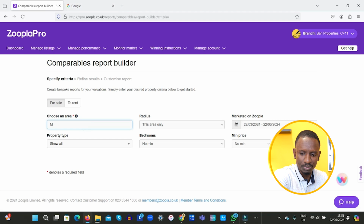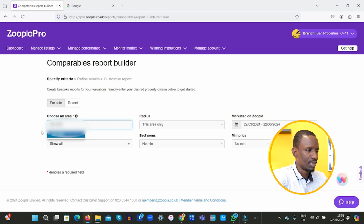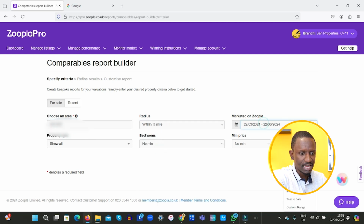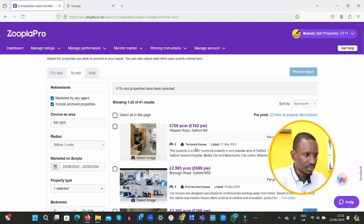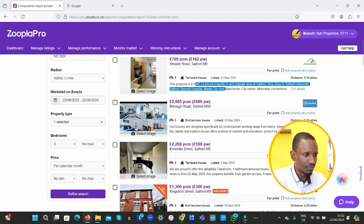So we're going to put the postcode here, M5. Okay, so now we've got that postcode there. Let's just look about a mile away at how much these houses have been rented for before. We know it's a terrace house and it is a 3-bedroom house, and let's have a search. Okay, that's one there, 5-bedroom for £700, but I suspect that to be for a bedroom. You see, it is for a bedroom, £700 for a bedroom. Okay, and then we've got one there going for 2,200 for 3-bedroom,